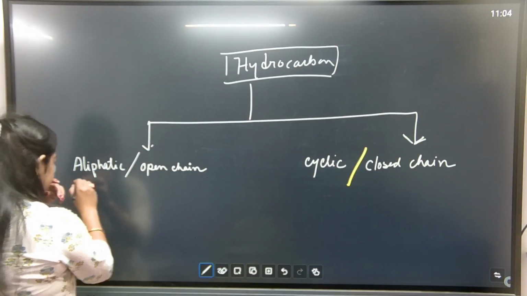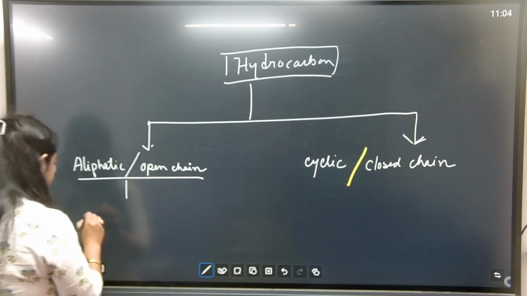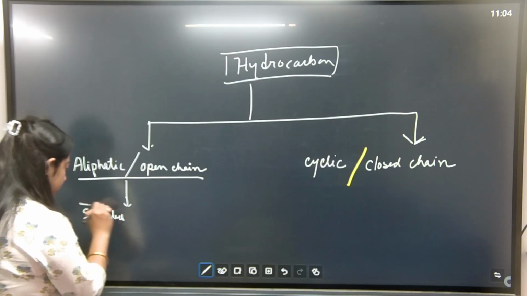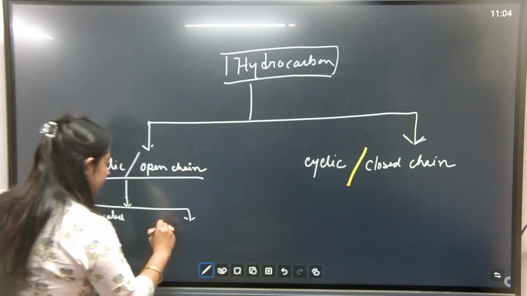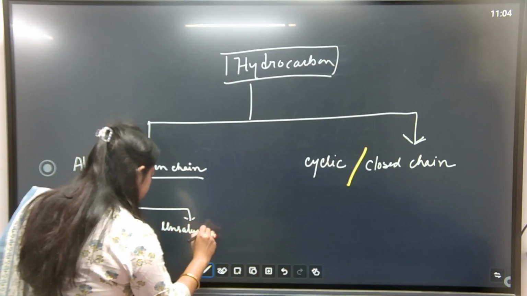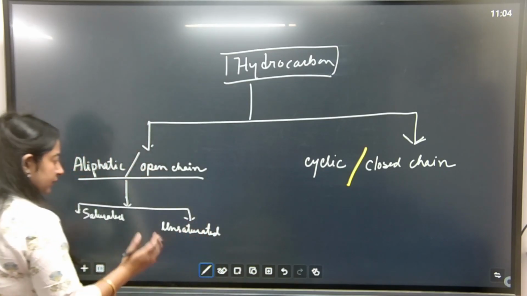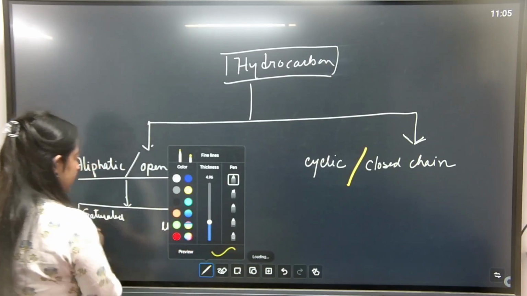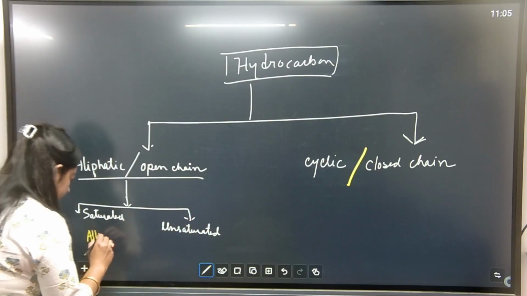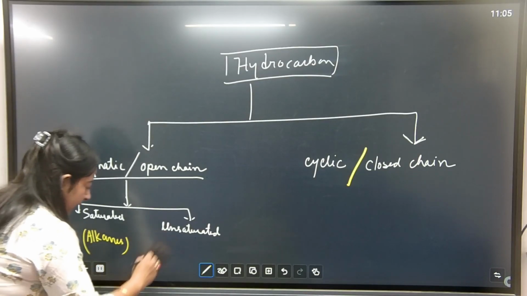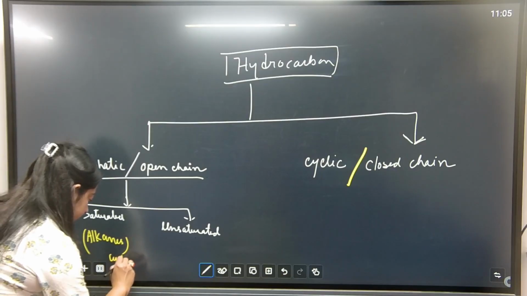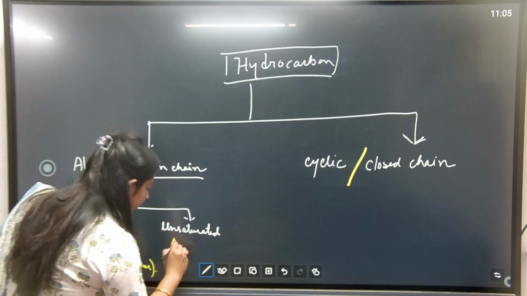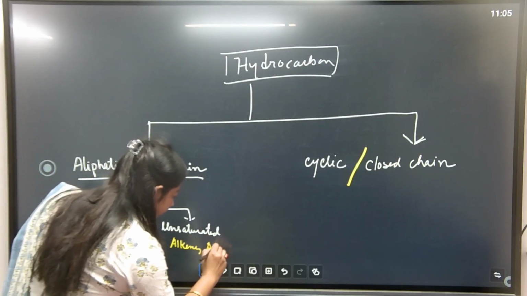एलिफेटिक में जो है दे आर फर्दर क्लासिफाइड एज saturated and unsaturated. पहले ये लिखो एलिफेटिक। एलिफेटिक में कौन है? सेचुरेटेड एंड अनसेचुरेटेड। इन्हीं सेचुरेटेड में एग्जांपल आते हैं अल्केन्स और साइक्लोएल्केन। और अनसेचुरेटेड में एल्कीन एंड एल्काइन।